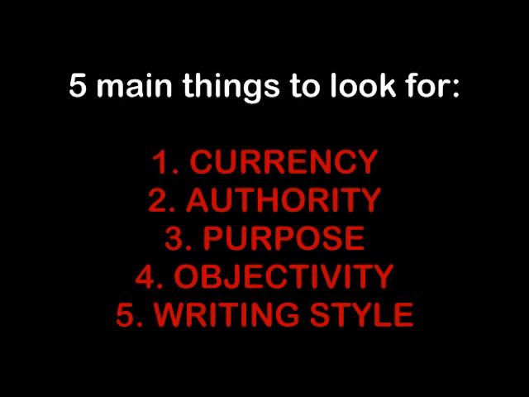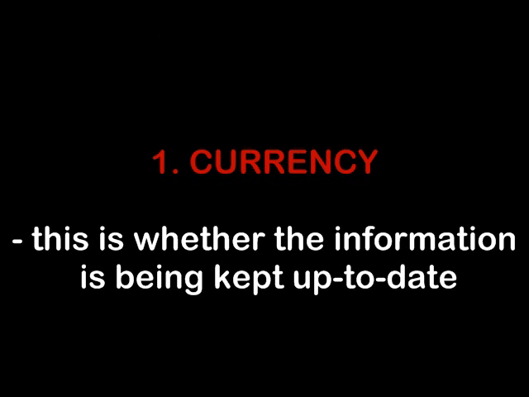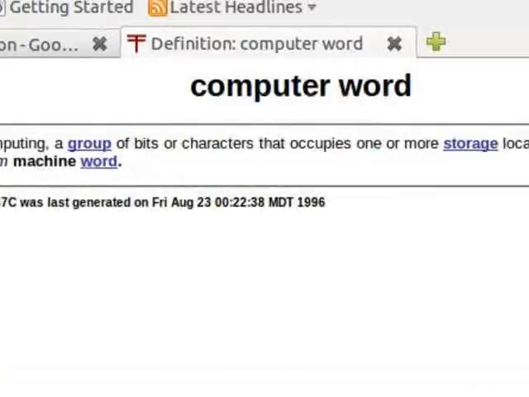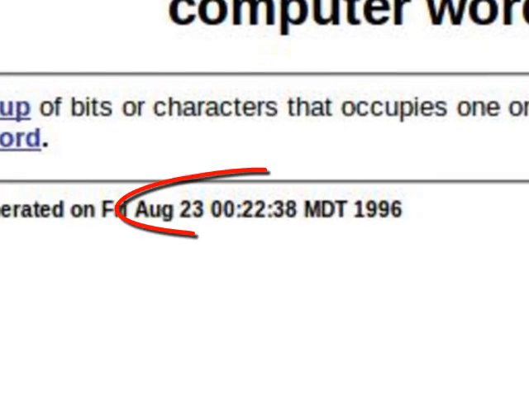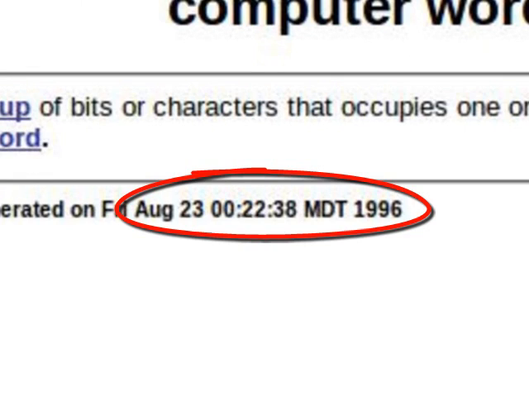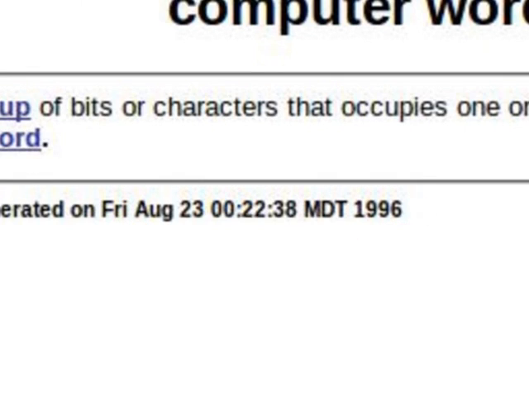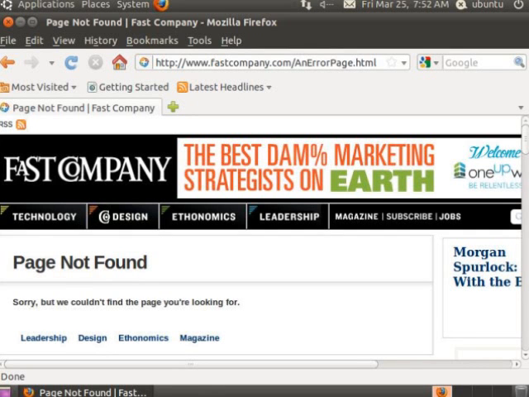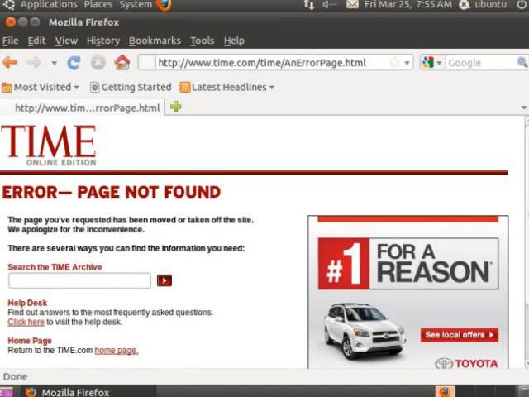First of all, check for sites of currency. This is whether the information is being kept up to date. You can often look at the bottom of the web page to see when information was last modified. If the site has not been updated in some time, then go ahead and skip that one. If you notice some dead links on the site, this is another giveaway that the page has not been updated